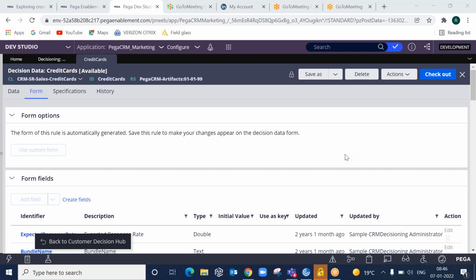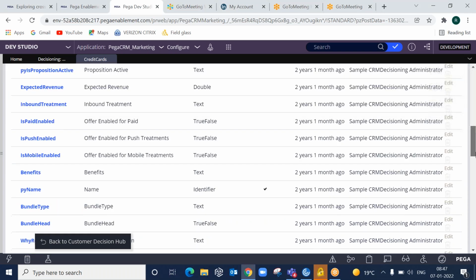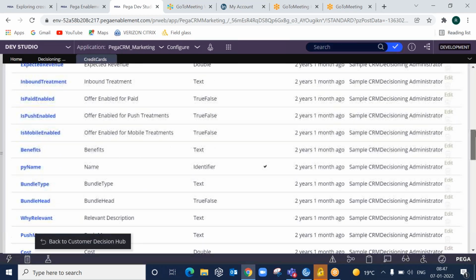For example, let us say in the credit cards, I want to provide some options, something like what is the marital state of customer, whether he is married or single or divorced, like that. Similarly, what is the city of the customer? How do you do that? If you create a field, we cannot do that, right?